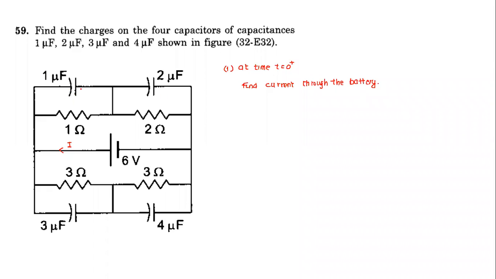What should I do with the capacitor at time t equal to 0? We can ignore it. They act like isolated capacitors. See, basically we have dealt with two things. There's something at t tending to 0. How does a capacitor behave? The potential drop is 0 across the capacitor.